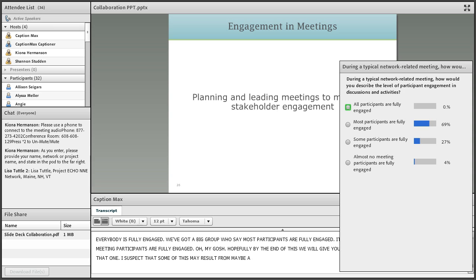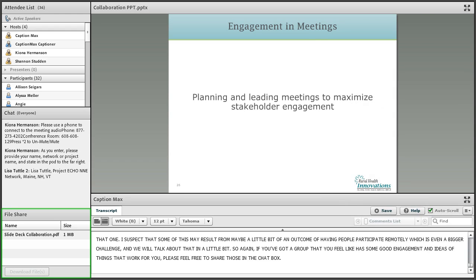Chip and Dan Heath are two brothers who have written a couple of really great books. One of them is called Switch, which is about how hard it is to change ourselves and get others to do things differently. But what they say is that what looks like a people problem is often a situation problem. So very often when you can make adjustments to the situation, whether that happens by introducing new information or changing